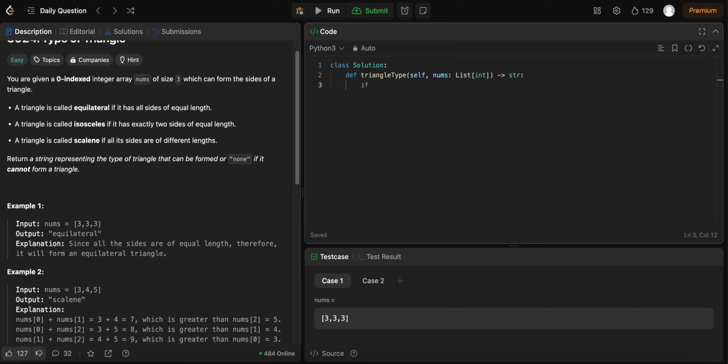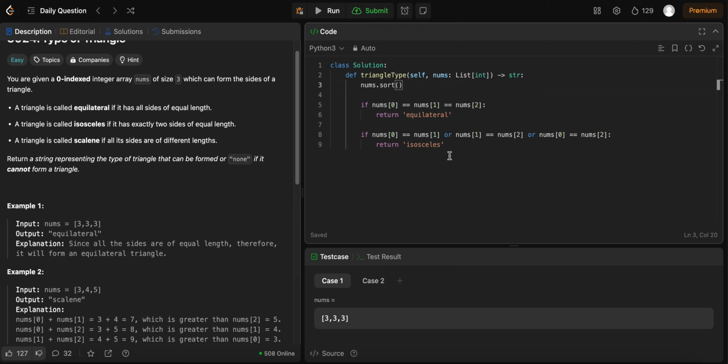So if nums0 equals nums1 equals nums2, then we want to return equilateral. And now if nums0 equals nums1 or nums1 equals nums2 or nums0 equals nums2, well, we want to return isosceles. Oh wait, actually we should